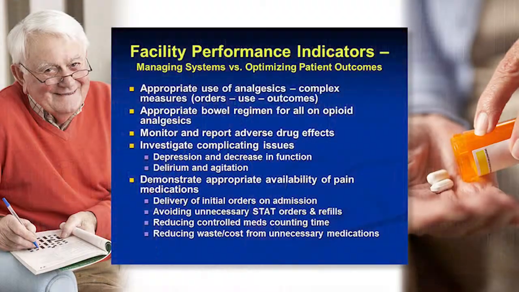So finally, some of the things that we look at. As we look at facility indicators, as we are looking at managing systems and optimizing care for individuals, we want to make sure that we're demonstrating that we're appropriately using these potent analgesics for the benefit of the patients that we're caring for, that we're appropriately implementing and using and monitoring bowel regimens for individuals because of the potent constipation that does show up with these opioid medications,